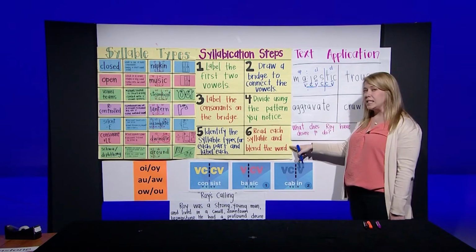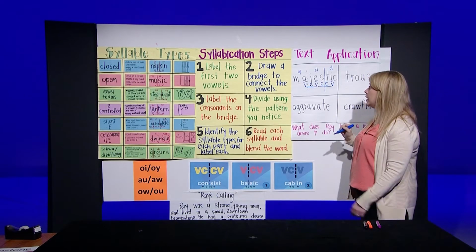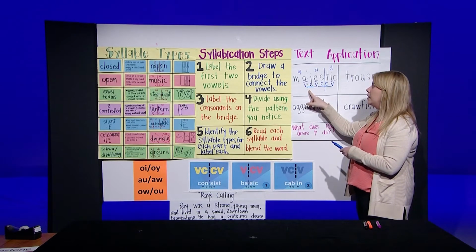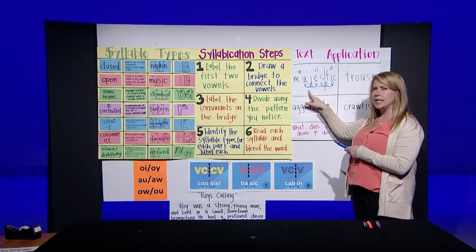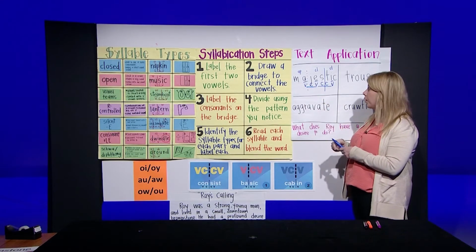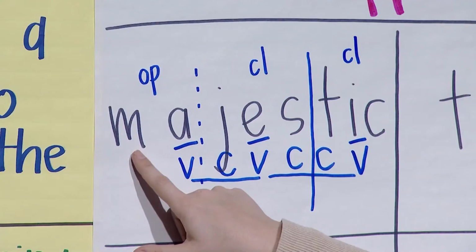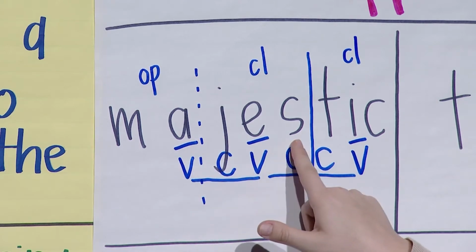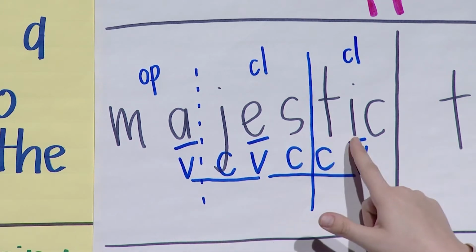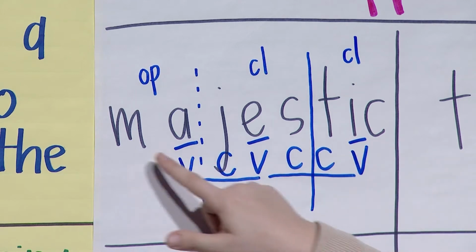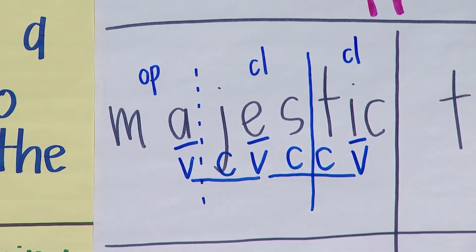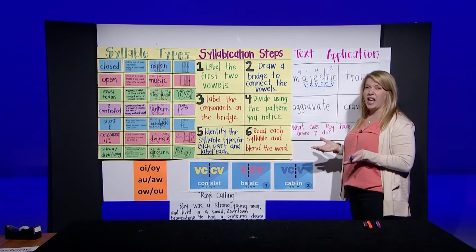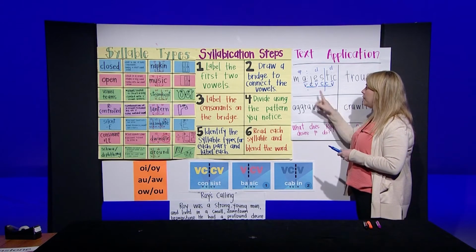Now we're going to move to step 6 and attempt to read each syllable and blend the word. But remember, we have this dotted line here in case our pronunciation doesn't quite match up to what we've heard before. So let's try. A, may, j, s, jess, t, ick, tick. Majestic, majestic. That doesn't sound like something I've read a whole lot or heard before, so let me try